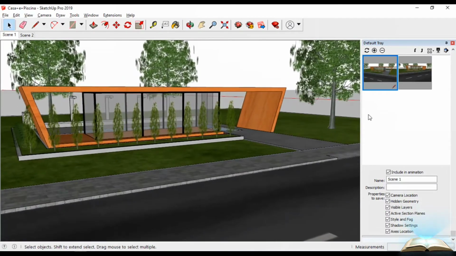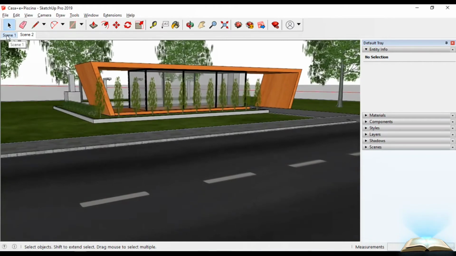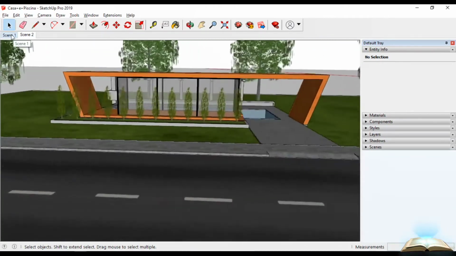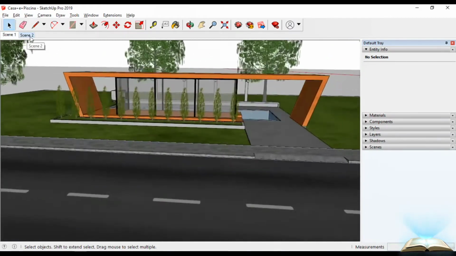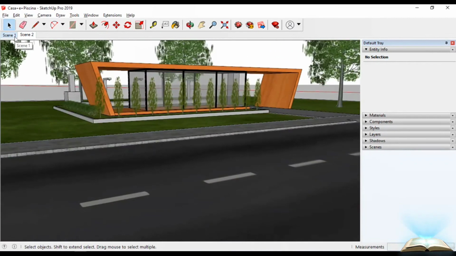And the next thing is, when we switch between scenes, there is an animation. We can see the camera is going through the plane. If you want it like this, it is okay.